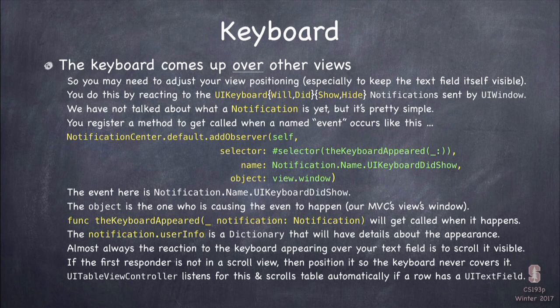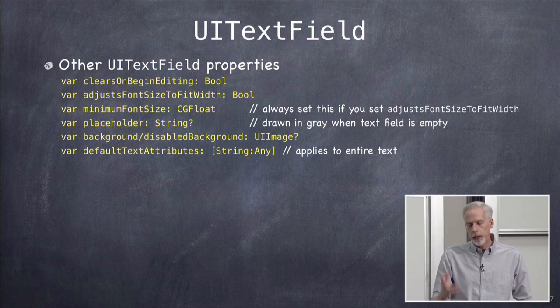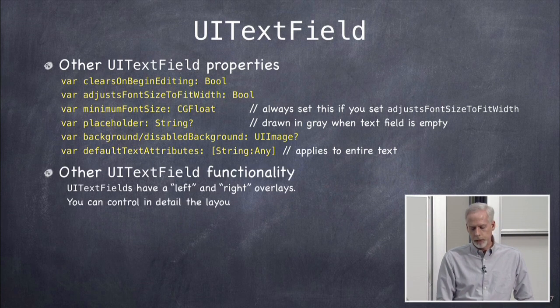So when you're doing your final project, do it on a device. Otherwise, you're very likely to run into this problem. We'll talk about these observers, the notification center and stuff, in a future lecture. There are other text field properties not related to the keyboard, like the auto shrinking and all that stuff that we saw with UILabels, so you can control that stuff with text field. I'll let you look at the doc to figure all that stuff out.